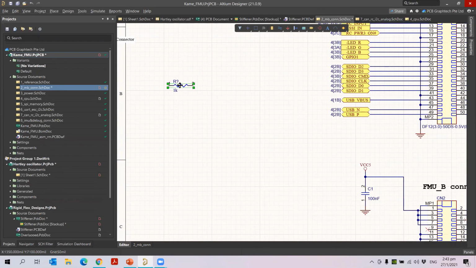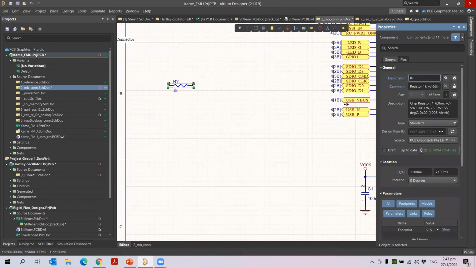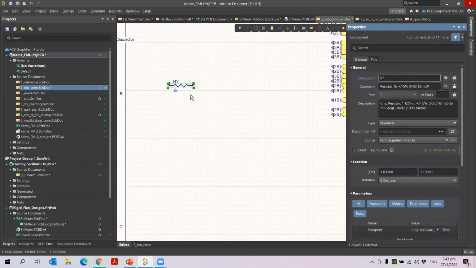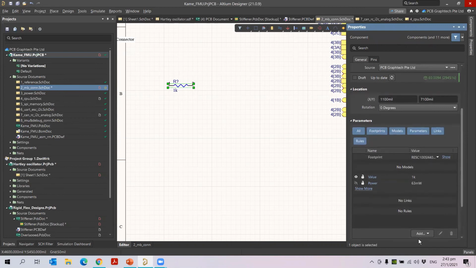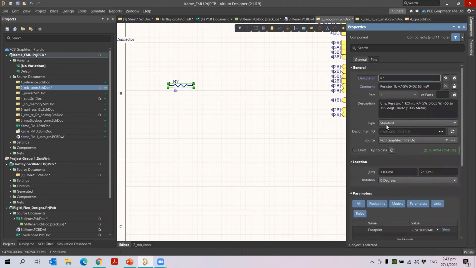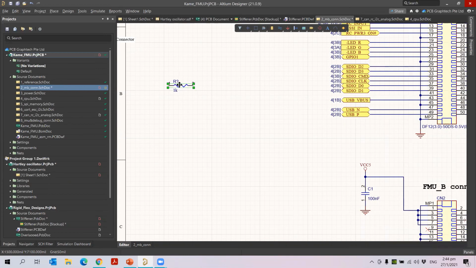If I want to see the properties, I can open the generic component. This I placed for the draft design, for example. You can see the properties here. The component is from my Altium 365, the source is my library, and you can see the footprint and all the information here. If I want to change the component, I can change it directly here for an individual component. But if I want to place more components and then change them, for example, let me copy this and place it here.